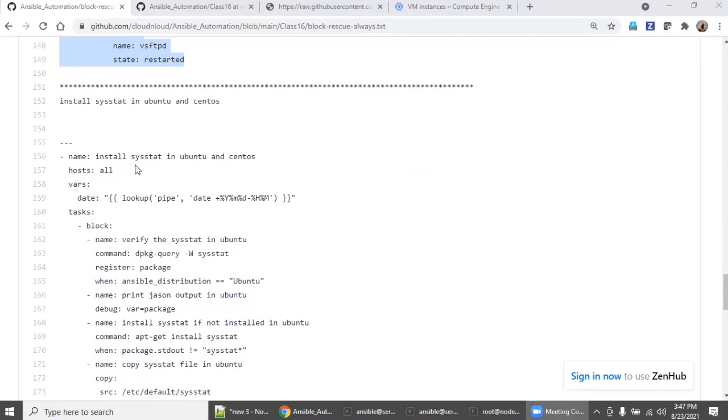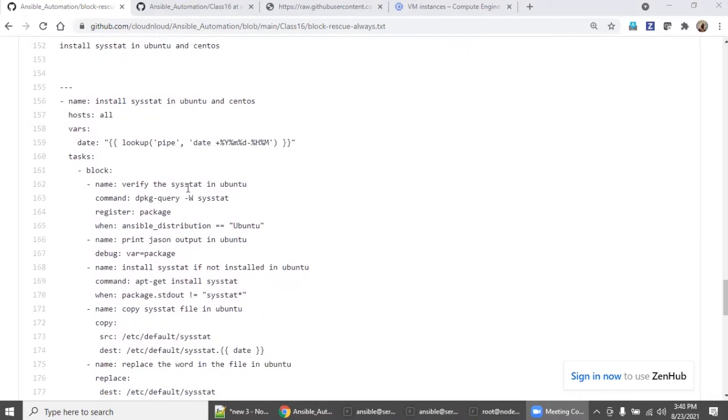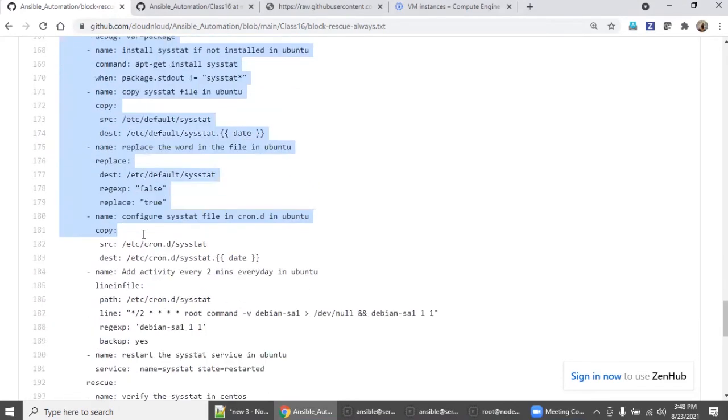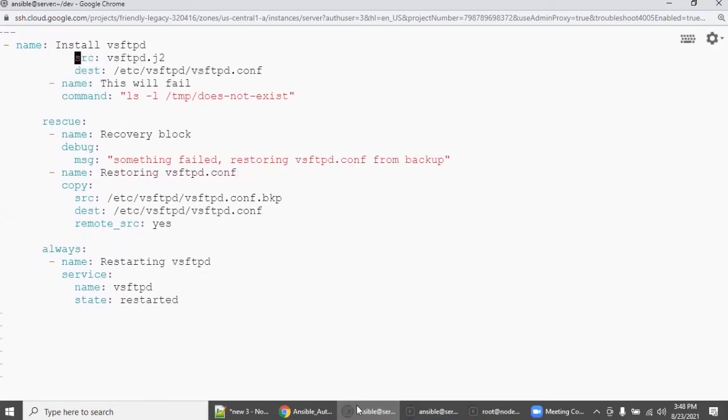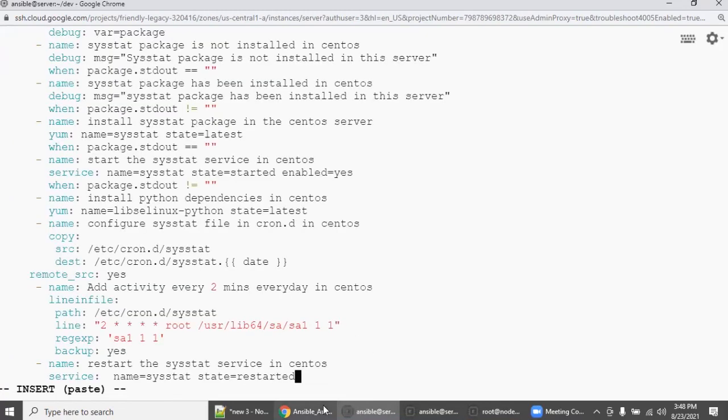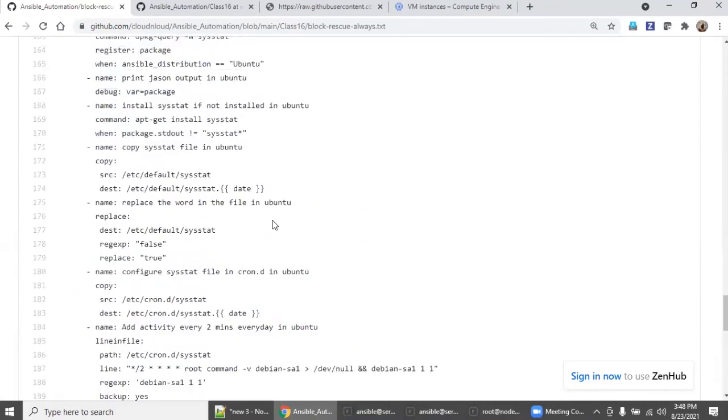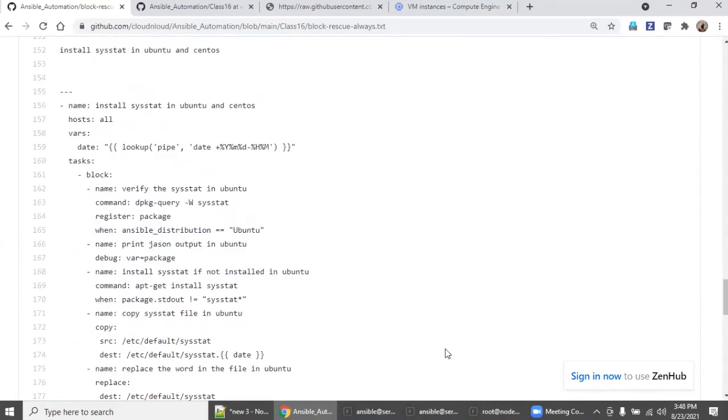See here, this is basically a sysstat implementation. We all know our clients, our server is CentOS. So in this case, the first block section I have created from an Ubuntu perspective, right? So I'm just going to copy this. I'm going to delete everything and say set paste, and then insert mode, paste it. Let me walk through what is going to happen, right? The same set of steps, but with a different OS.